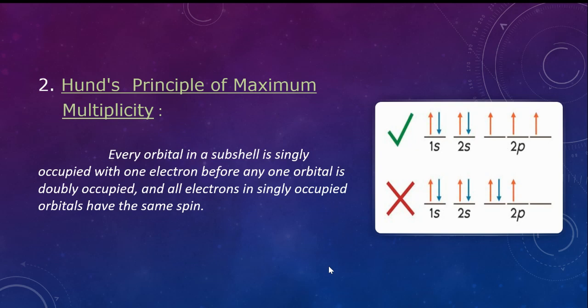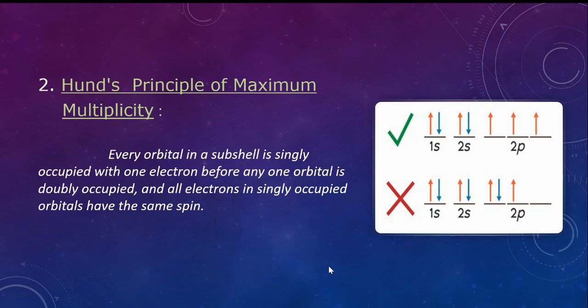Then at the next stage, some more people enter the bus. What will they do? For them there is no choice. They have to pair up with the first ones. Okay. So thus the pairing in the seats takes place. In the same manner, when electrons enter degenerate orbitals, the pairing starts only when all the orbitals are filled with a single electron.